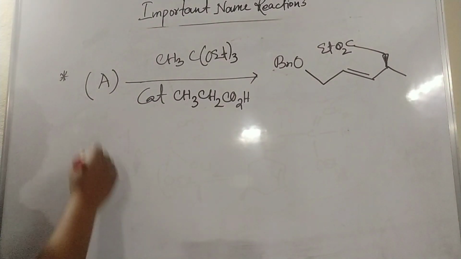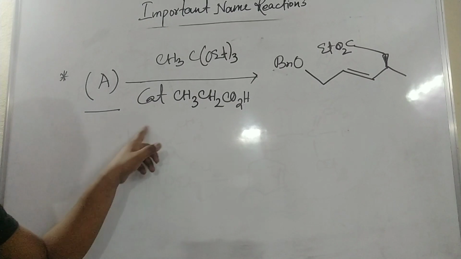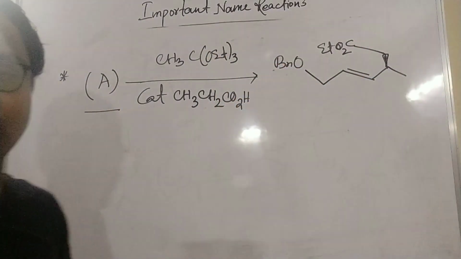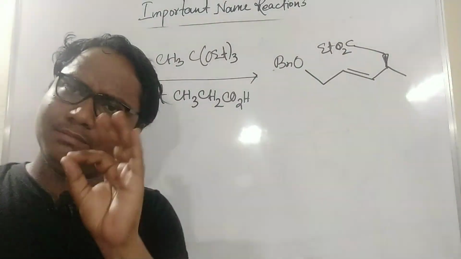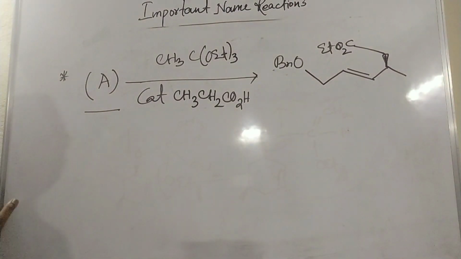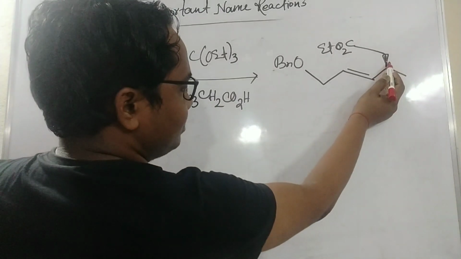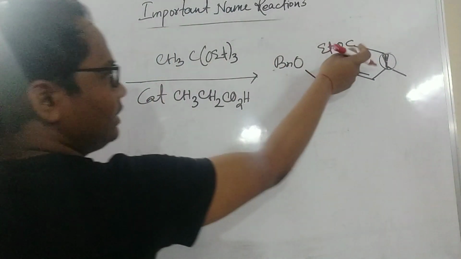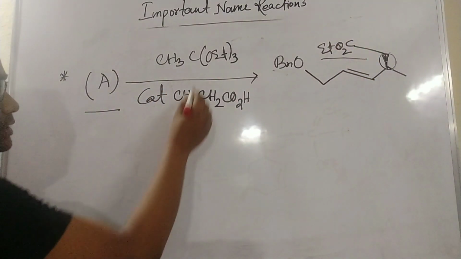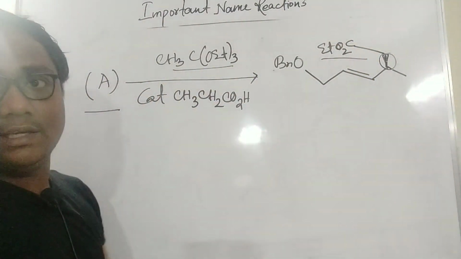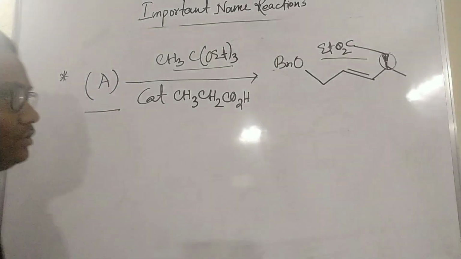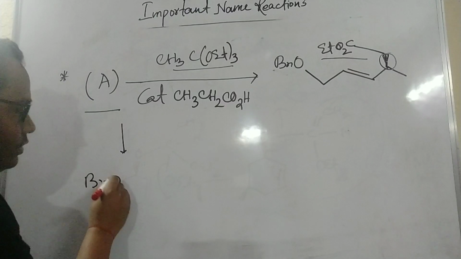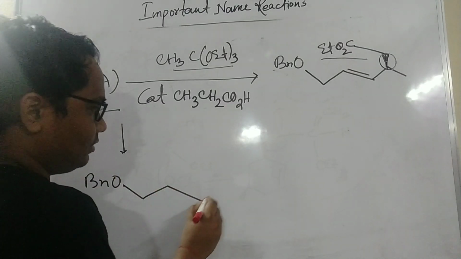So here they have given one unknown material and they give the product this way. So what is the starting material, they will ask, and this is a simple question. Here you will see this stereochemistry, previously I told you this stereochemistry is up. So what will be the product? Maybe this product will come from some alcohol, because this acetal is an esterification reagent. They have given options for the product, so you can directly write what the product will be.